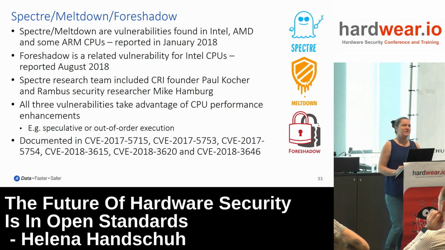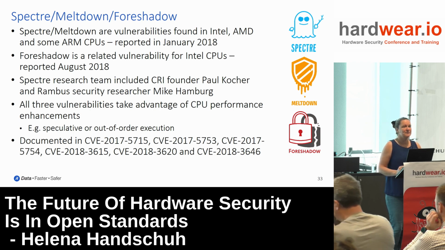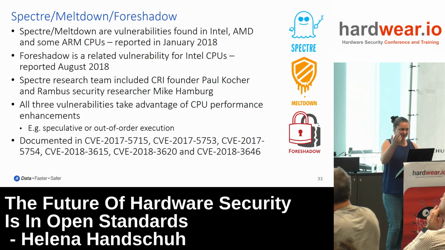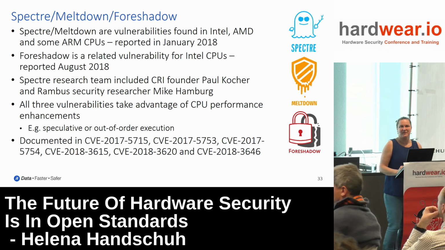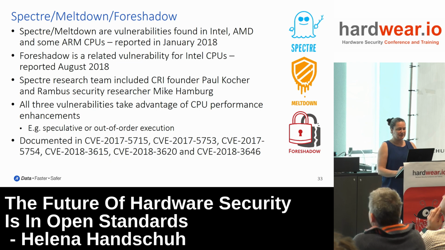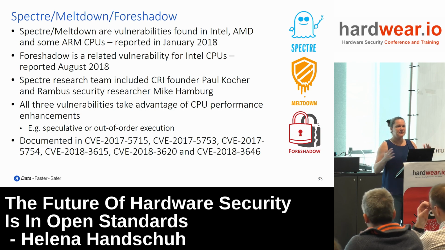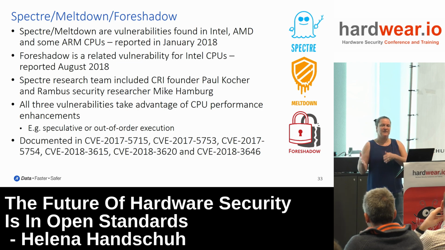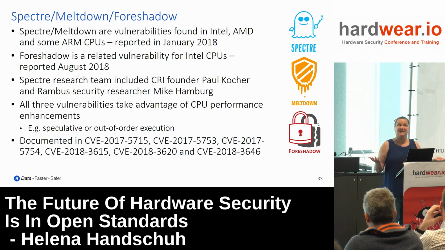There are some patches around, there are some things that can be done to mitigate Meltdown, for example, but the other two, Spectre and Foreshadow, look a little more tricky. And there's no complete path to a solution right now. So this is also a call for the community to think and try to come up with creative solutions. All three of these vulnerabilities take advantage of CPU performance enhancements. Speculative execution is one, out of order is the other one. No matter how you do it, if you work with data that you're not supposed to look at, you're not supposed to see, and you're not supposed to bring back to the cache, you're leaking information at some point.